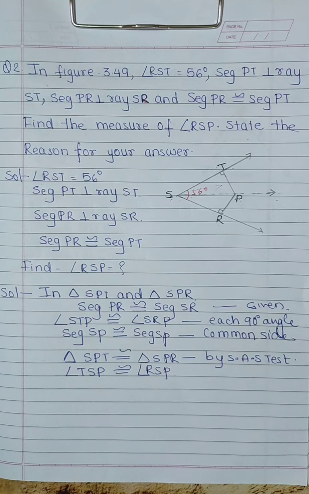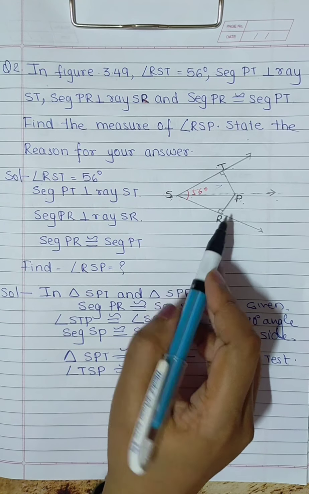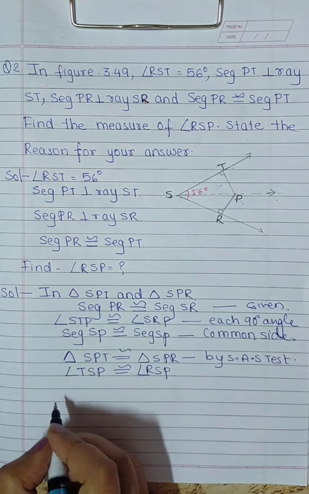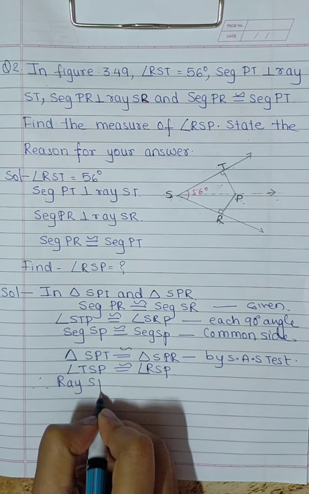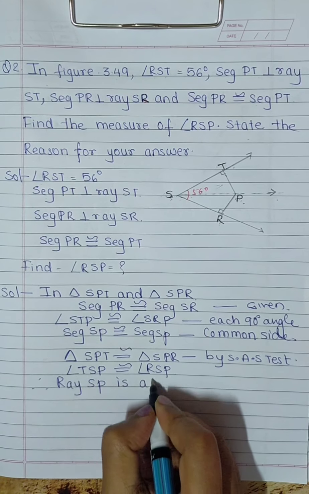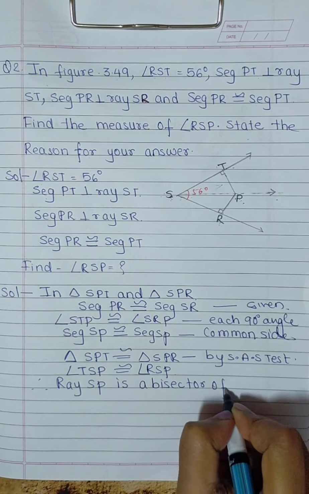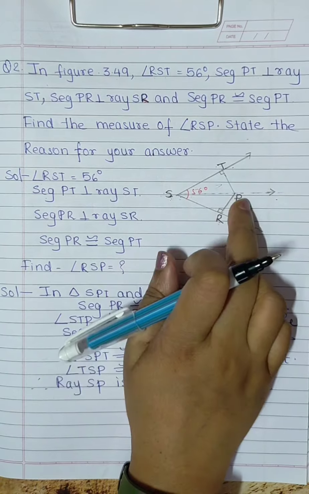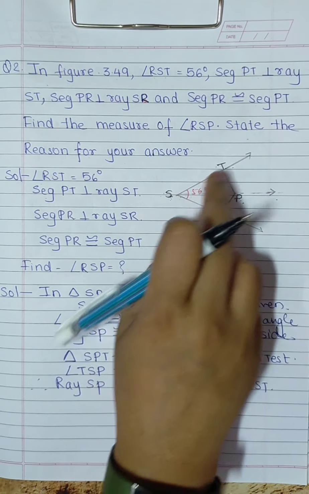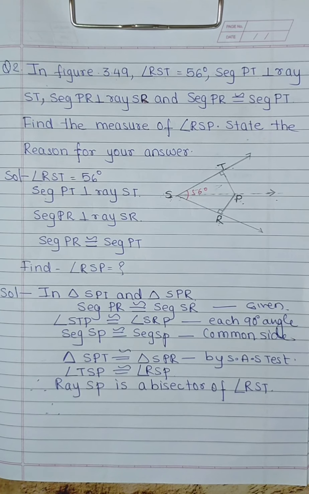So here we can see the ray SP is bisector of angle RST. So therefore ray SP is a bisector of angle RST. So ray SP is what? Bisector of angle RST. So we can write therefore